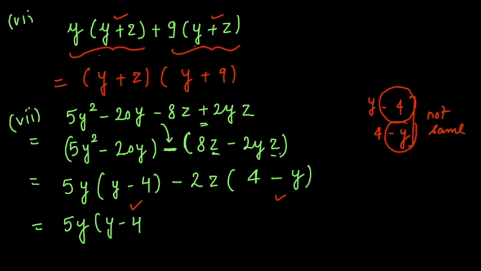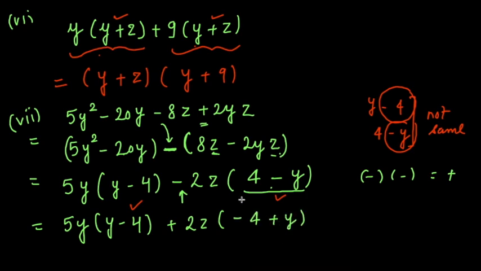Copying my first term as it is, if I take a minus sign common from the second bracket, this minus and that minus which I am taking common, so minus into minus in multiplication becomes plus. So I am taking a minus common and both the terms minus 4 plus y. Because I have taken a minus common here, the sign inside the bracket terms will be reversed. Now you see I am getting the same term.